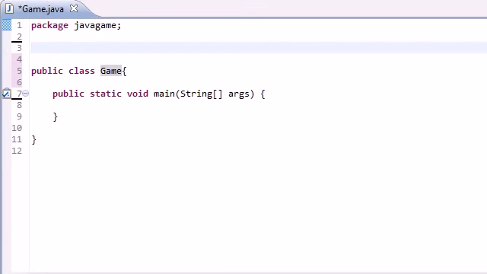So if you saw my last video, you know that the first thing we need to do is import some stuff, because you know all that stuff that I had you download and set up. Well, I didn't just do that because I was bored. We actually need that stuff that we downloaded, so in order to get it in our Java game we need to import it. So import